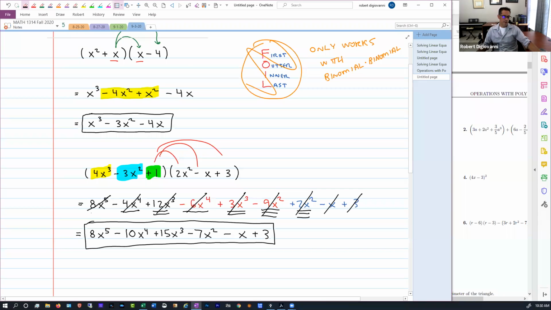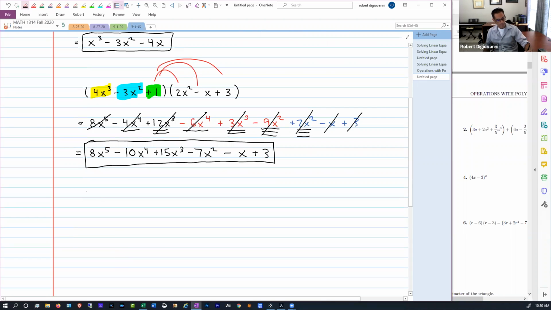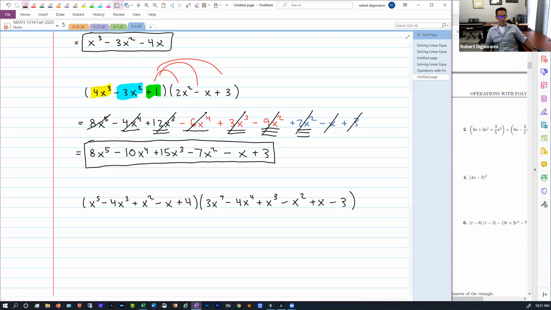So theoretically, if we had something like this, x to the 5th minus 4x to the 3rd plus x squared minus x plus 4 times 3x to the 7th minus 4x to the 4th plus x cubed minus x squared plus x minus 3, we could multiply those together, right? I'm never going to give you anything like this on a test, but the idea here is that we have,